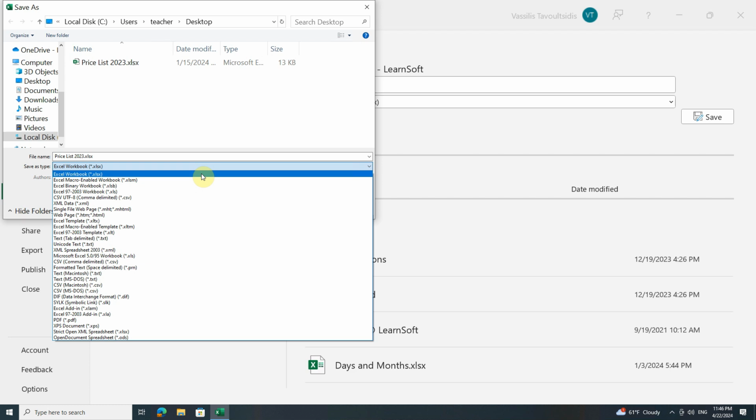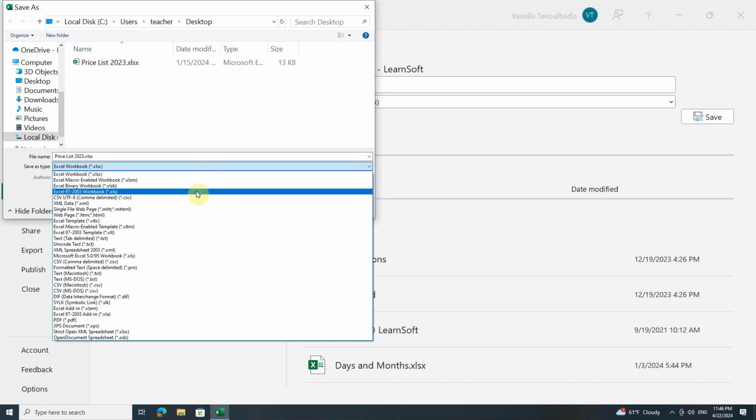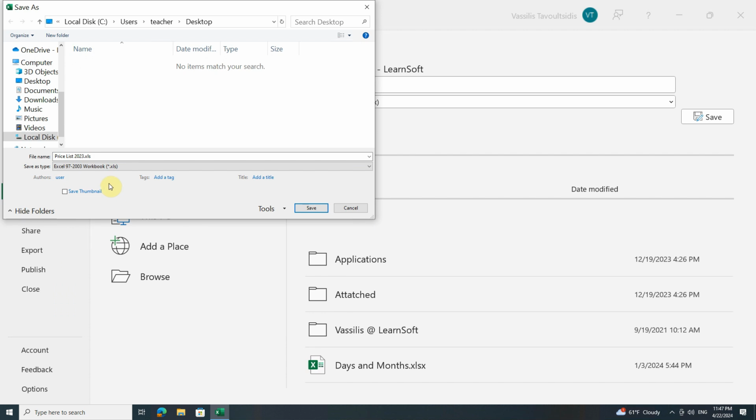What I'm interested in now is to save the workbook in a format that can be used by very old versions of Excel. The option I want for that is the Excel 95 2003 workbook. Here the extension is just XLS without the X at the end. So if you see an Excel workbook with the XLS extension, it is a workbook that can be used from every version of Excel, even the very old ones. I will click on this option, and as you can see, the extension in the file name text box is